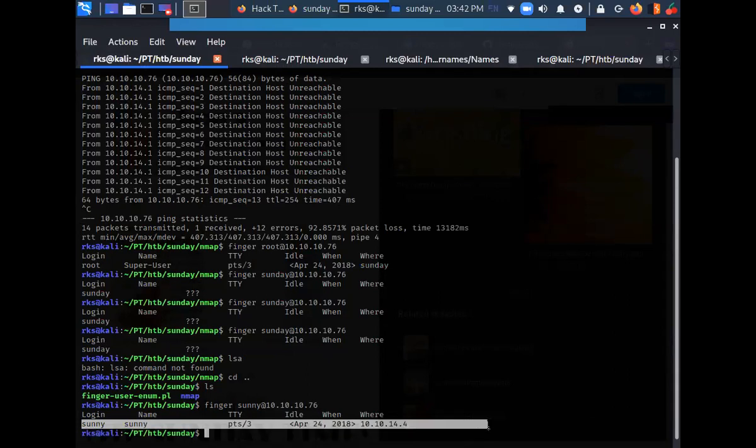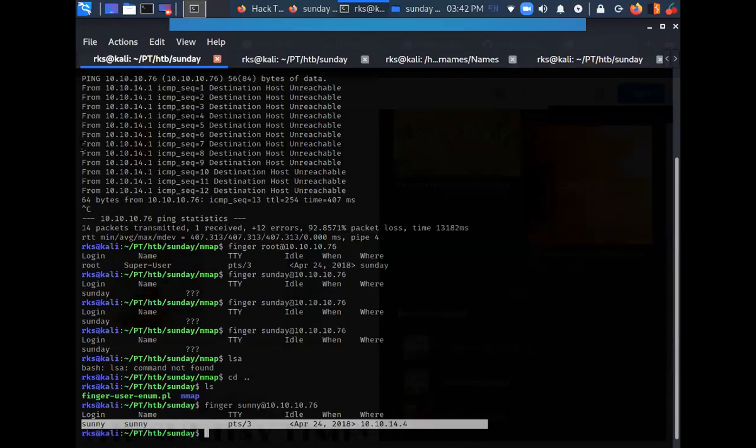And here we can see that there is a valid username Sunny on the target machine. This same name is going to be revealed from this finger script as well, and there is going to be another username revealed, which is going to be Sammy.